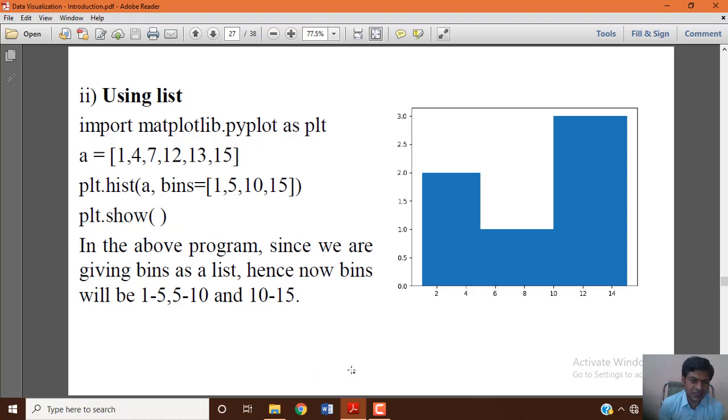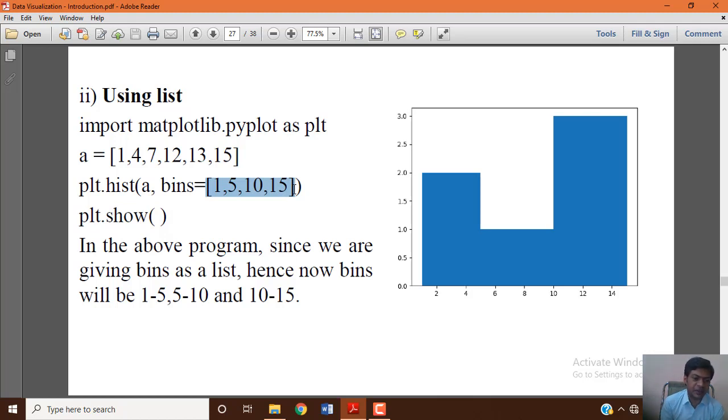Next, bins using a list. You can see clearly bins equal to, in the form of a list. In the earlier example it was a single value, 5 equal sizes, which was specified. Now when you represent a list, the bins are generated according to the list.